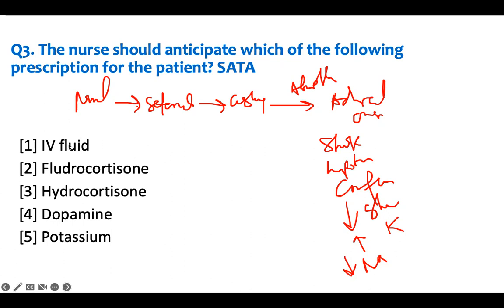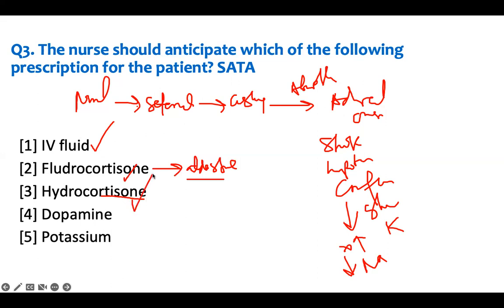IV fluid, what is wrong with it? Give it to them because they are in shock. Fludrocortisone, this is what will give them aldosterone. Addison people are missing aldosterone. That's why the potassium is high. That's why adrenal crisis people too. So they're missing aldosterone, and fludrocortisone is a drug which is a form of aldosterone. So give it to them. Hydrocortisone, this is the steroid itself, the glucocorticoid. This is what increases your glucose. So yeah, give it to them.